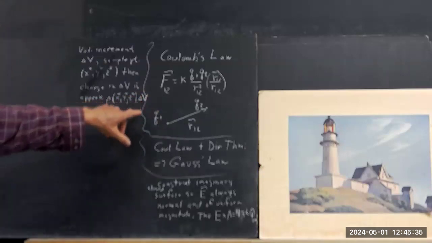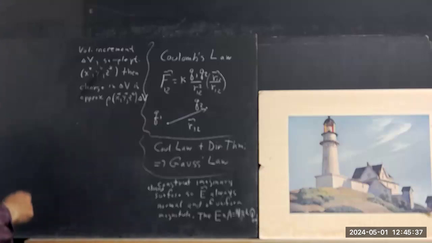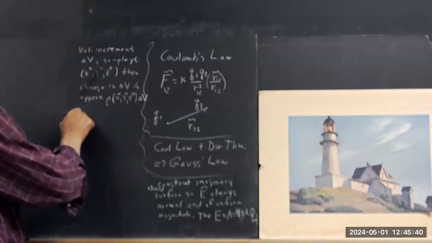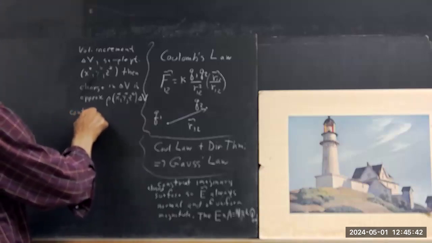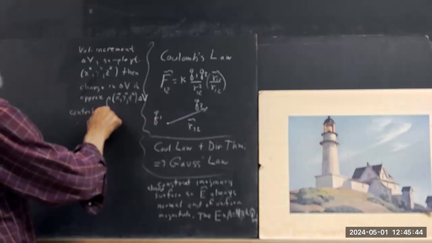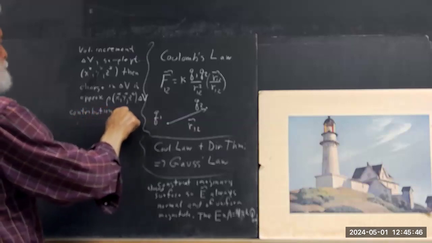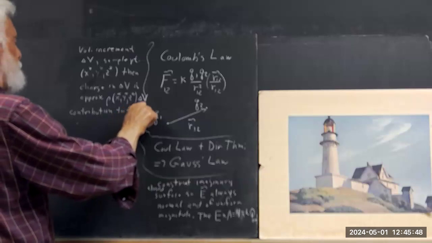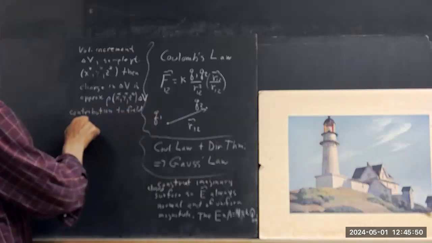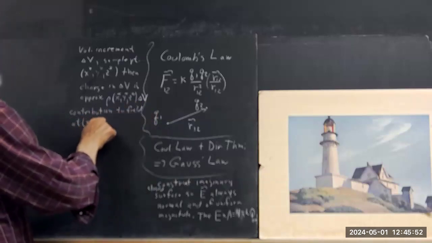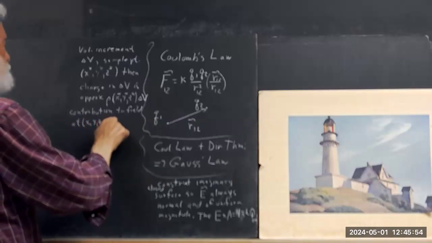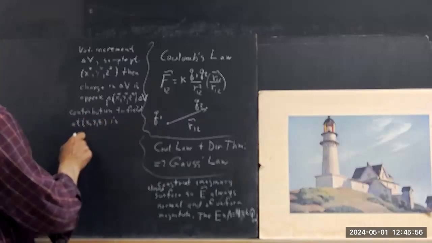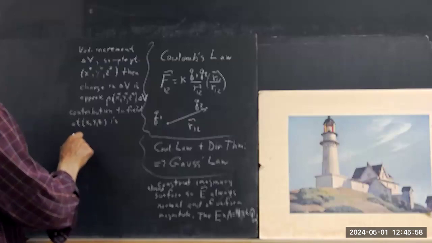Charge delta V is approximately this. Distribution to the field, X, Y, Z is